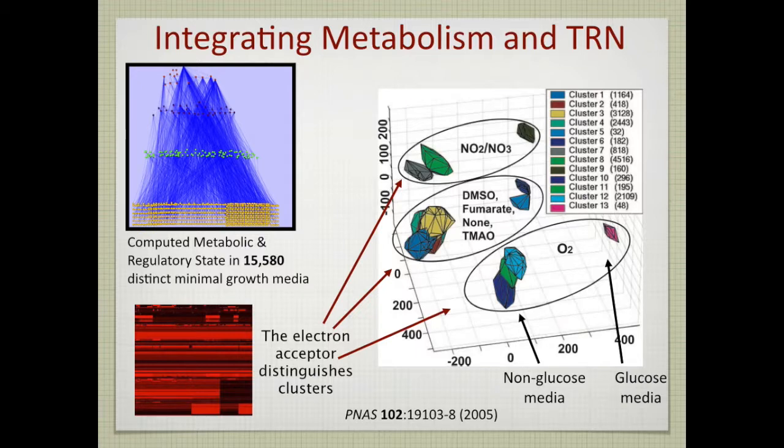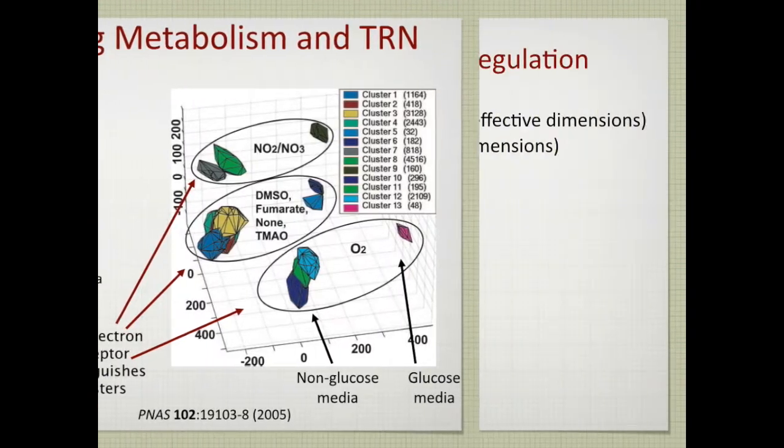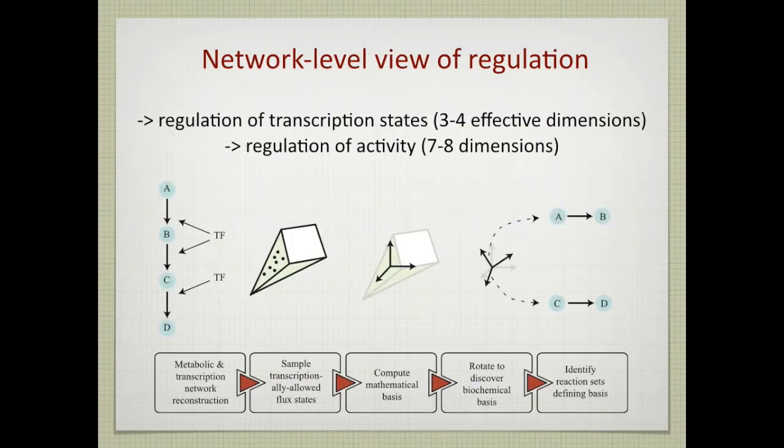The space that is then closed off turns out to be effectively 7 to 8 dimensional. And this is the way you deal with studying that reduced space. What is shown in this series of events here, this is a workflow, is that you have a network, metabolic network, you have transcription factor activity, you get a space, you sample that space. You take that set of sample points and you do an SVD on it to look at the dimensionality of